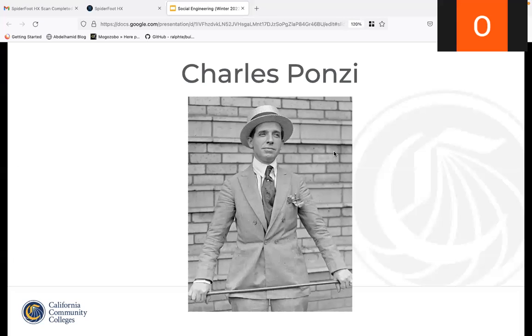He was eventually caught in August 1920 when the Boston Post newspaper started to investigate his returns. This basically set off an audit of his company, and he was later charged with 86 counts of mail fraud. He pleaded guilty and spent 14 years in prison. He allegedly made more than a 400% return on some of his sales from those stamps.